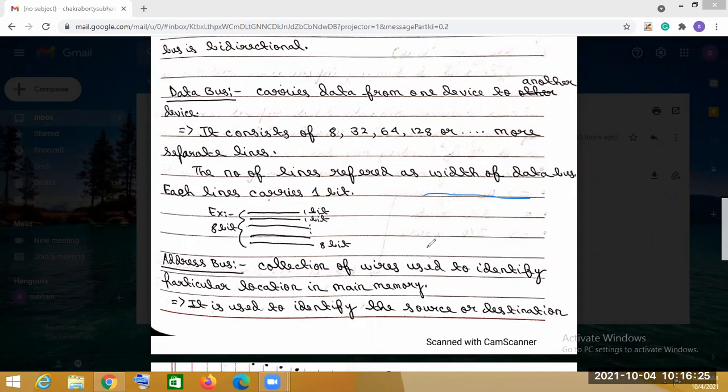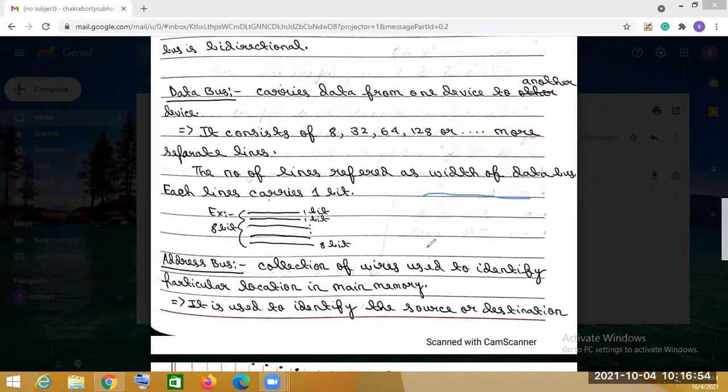Activities like this are done by the control bus. And the control bus also carries control and timing information related to the bus. That means this control bus will carry a signal, and this signal is what?